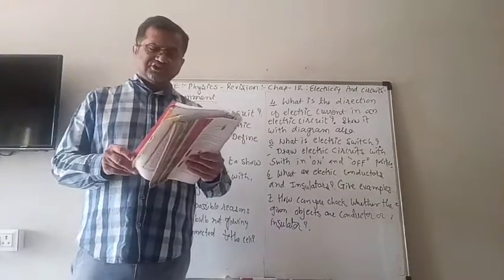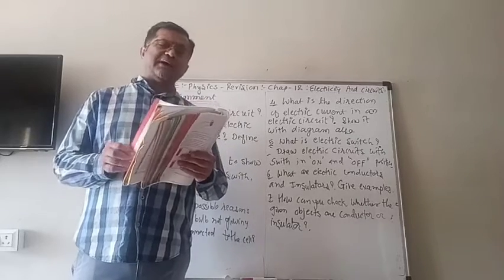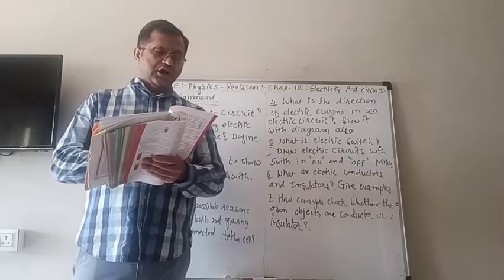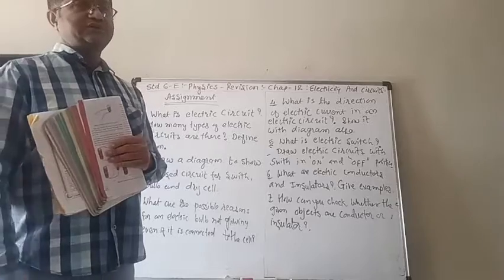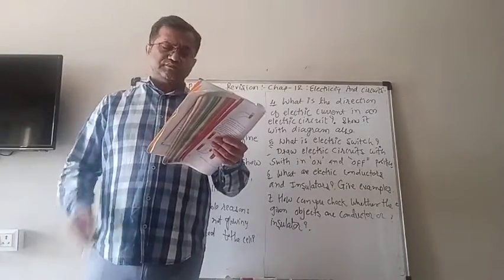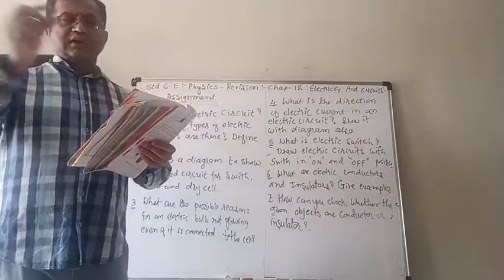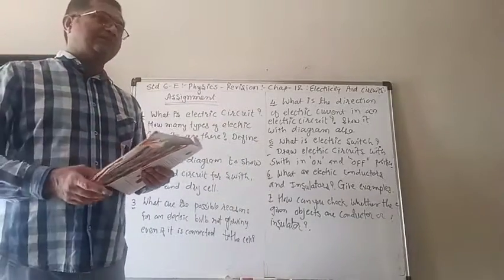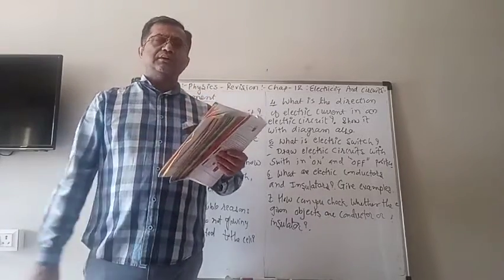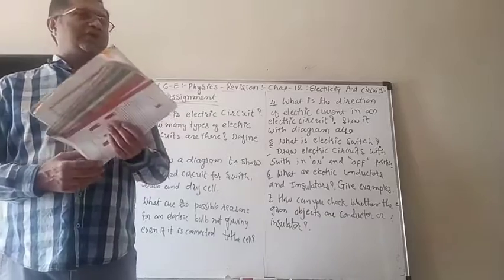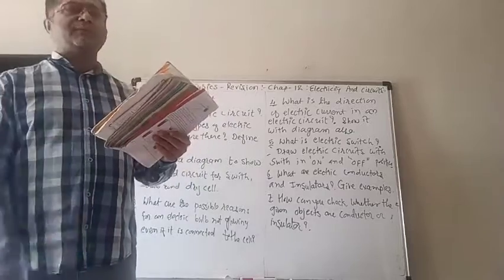Now, as we saw, we have to talk about the battery torch actually. We can make a torch of our own also. Take a dry cell, join the wire at the negative terminal, and then take a bulb and put it on the positive terminal, and the other end of the wire connect with the other terminal of the bulb.